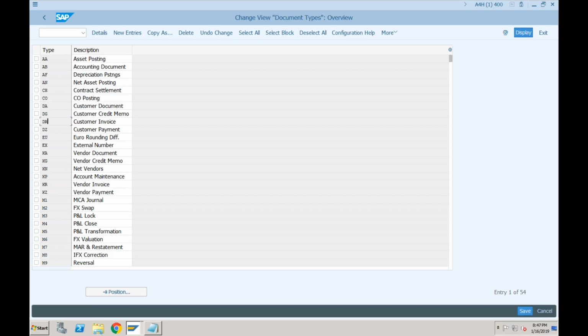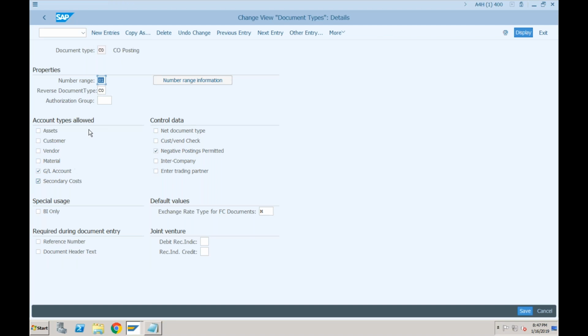DA, DG, DR, DZ, most of the things you will always find, KA, KG and all. But this is something which is completely new, document type CO. Now if you go here, you can see this is only for controlling postings. What do you mean by controlling postings? This means this document type will be used only for CO postings, secondary postings and primary postings which are related